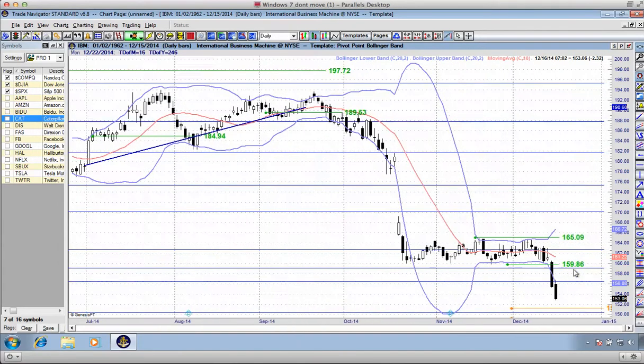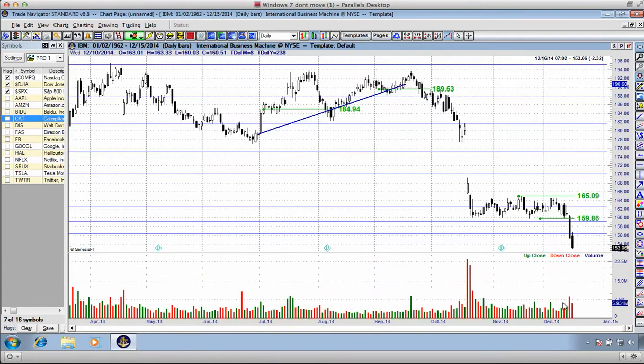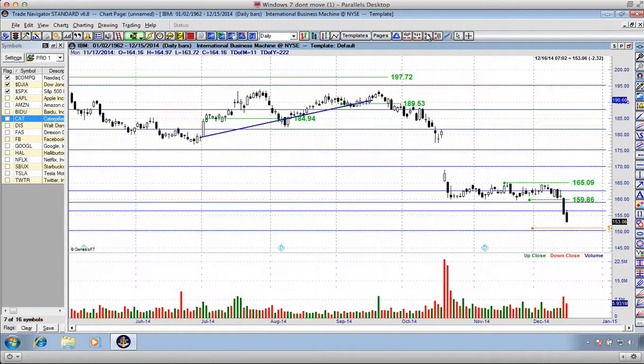As you can see, however, the bears have really sold IBM down over the past 2 days. We've blown through both these two very strong levels of support, one at 159.10, the second at 156.50. Today we closed at 153.06. My ultimate target on IBM, because I know a lot of people are in this on the short side,